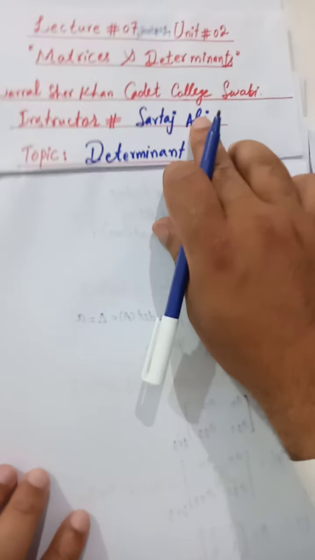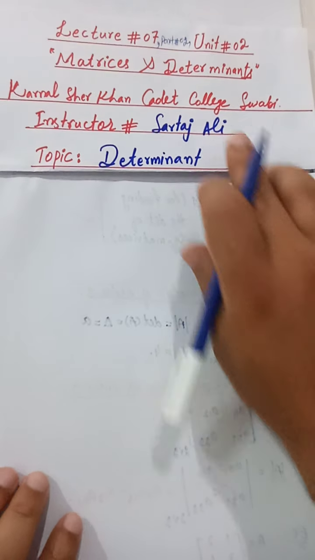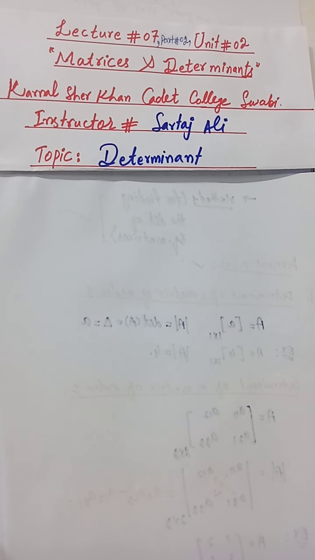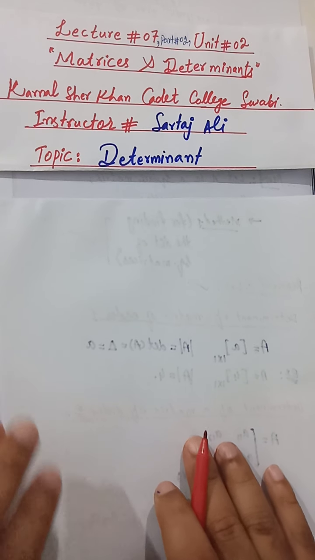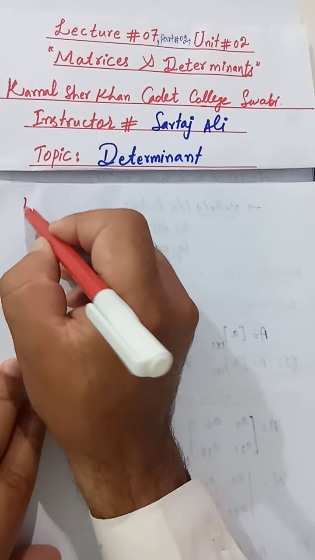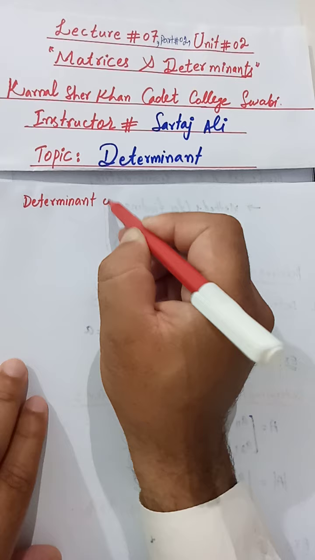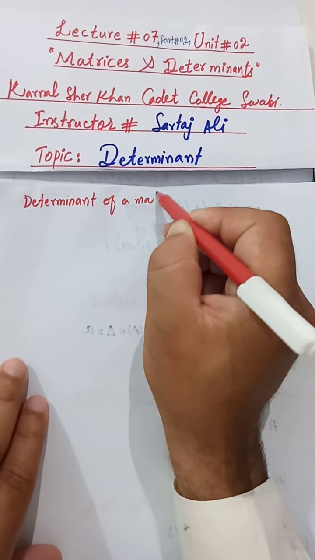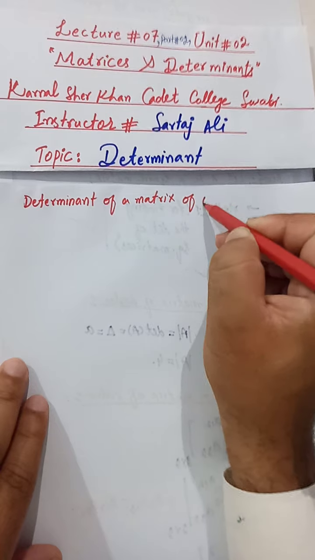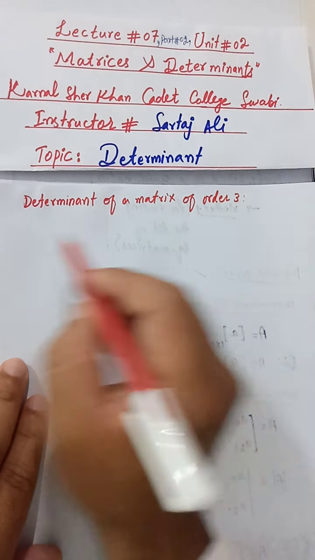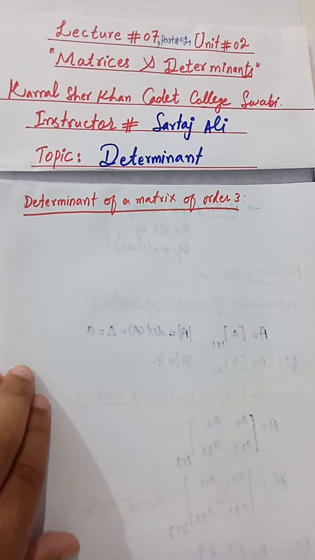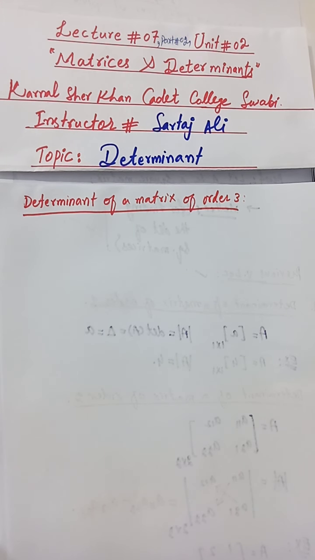These were also discussed in the previous classes, but the main topic is to find the determinant of order 3 and higher orders, meaning order greater than 3. So first of all, we will discuss the determinant of a matrix of order 3. This is the main topic of this video lecture, how you can find the determinant of a matrix of order 3, and when we discuss that, we will generalize it to order n.